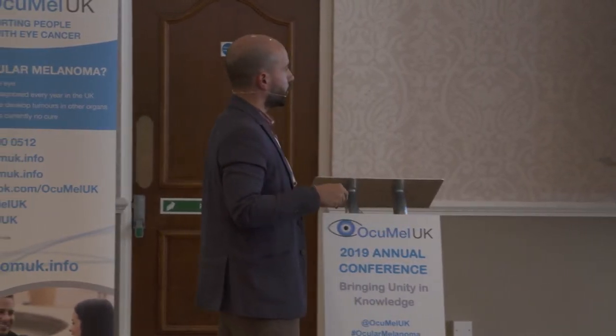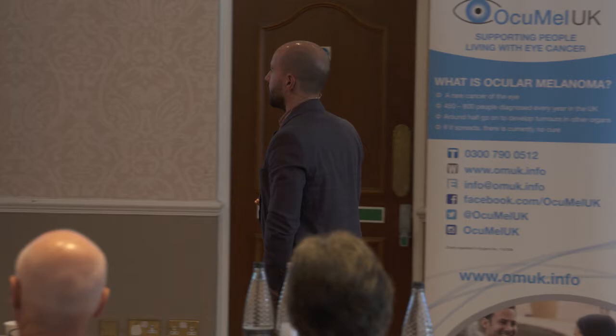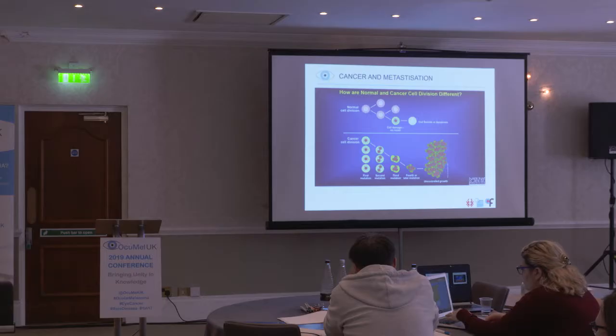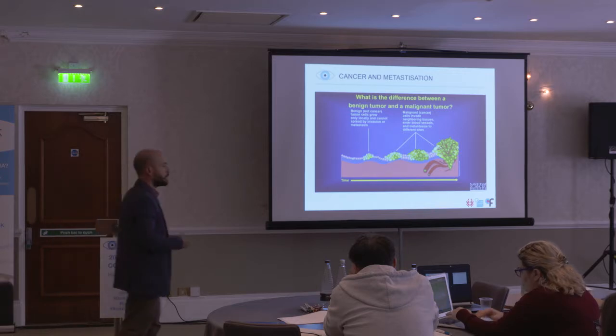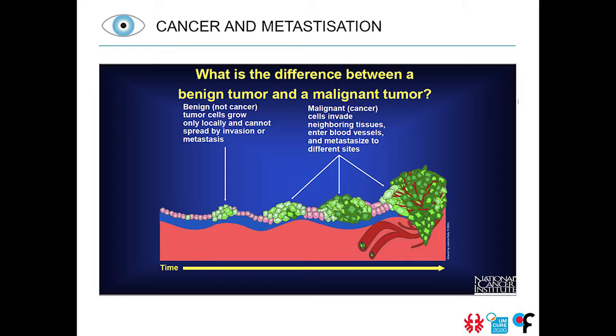When this occurs, you have a first mutation, then a second mutation, a third mutation, and a fourth mutation eventually, and at this point, the tumor growth is completely uncontrolled, okay? And it generates a tumor. And why is this tumor sometimes benign or malignant? This is a very important thing. So sometimes you have benign tumors, so it is an uncontrolled cell division of a specific tissue and part of your body. The difference between a benign and a malignant tumor is that a malignant tumor has the ability to invade other structures, invade adjacent structures.